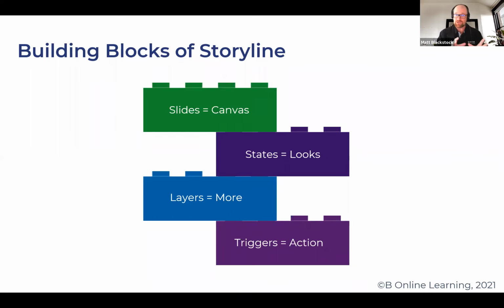And we can also use that to track whether a learner has visited all the various areas within a course itself. And then we've also got something like a selected state, which is also built in. And that might mean you have 4 different buttons on the screen, maybe a bit of a click and reveal. And the selected state is what the button changes to so the learner knows which layer they're on or which information they're looking at.